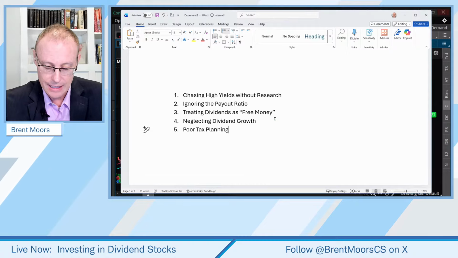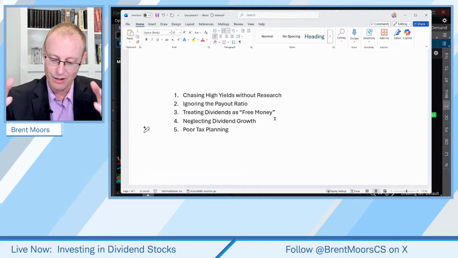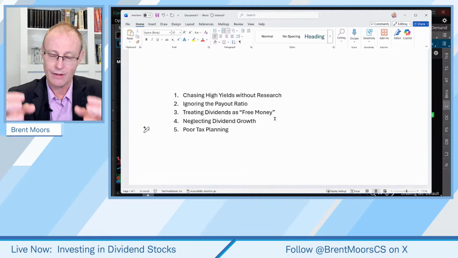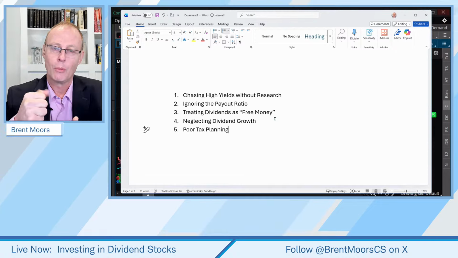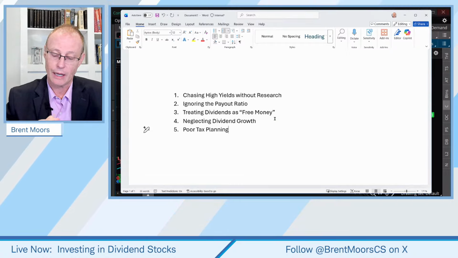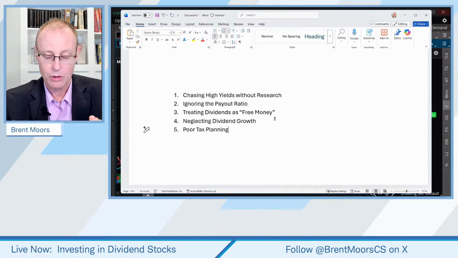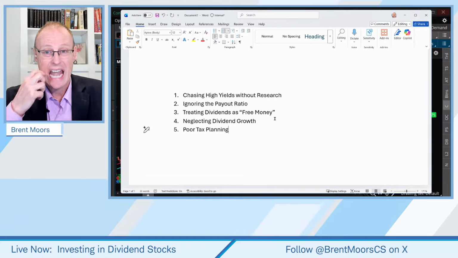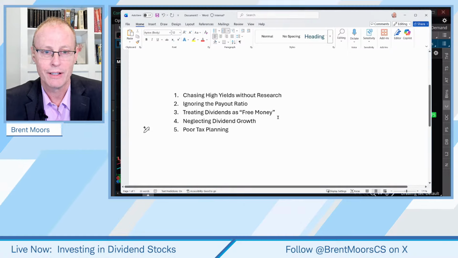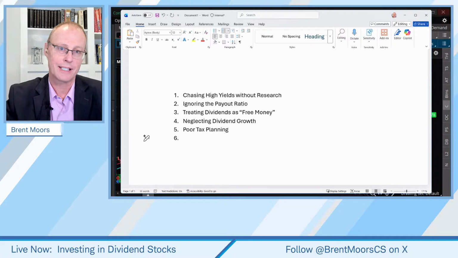I can't get into the details of it today, but when you think of dividends, they are either qualified or non-qualified. Non-qualified dividends can be taxed at a higher rate than qualified dividends. Okay, I'm going to leave it at that. REITs, real estate investment trusts, and business development companies, typically those are going to be non-qualified with not as good tax planning. So do your tax planning. That's all I'm going to say about that.